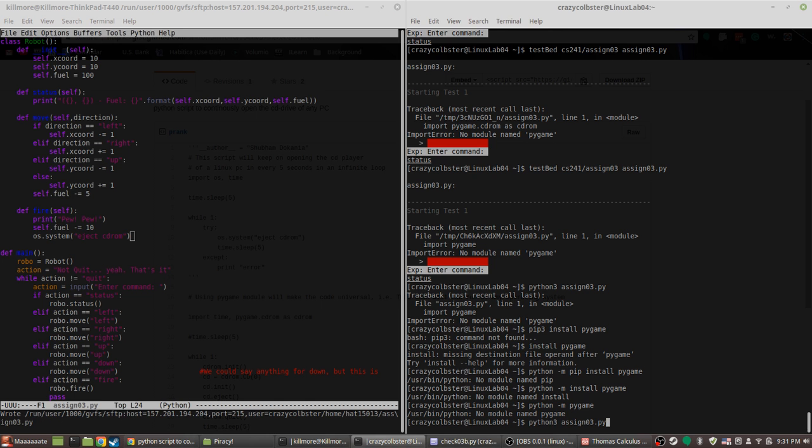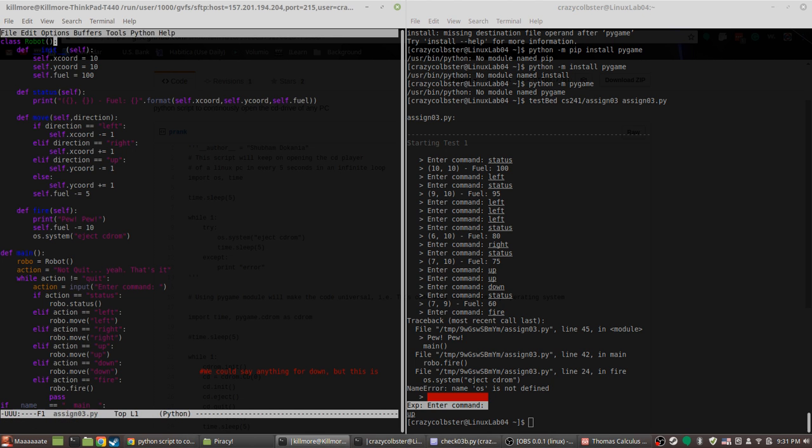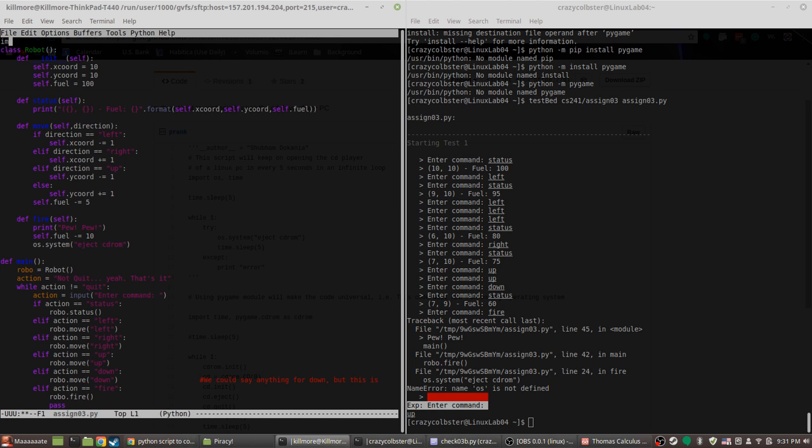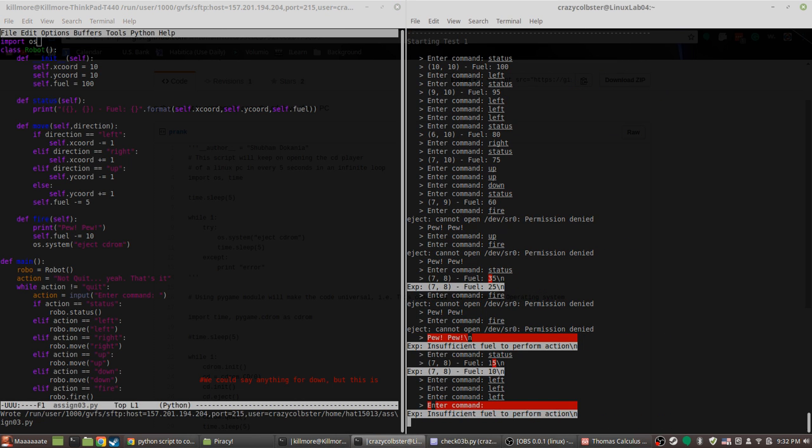You just gotta believe. Name OS is not defined. Dang it. Oh, I need to import OS. Import OS. Do I need a colon after that? Oh, wait, hold on. Leave it this way. I think it worked. Yay.